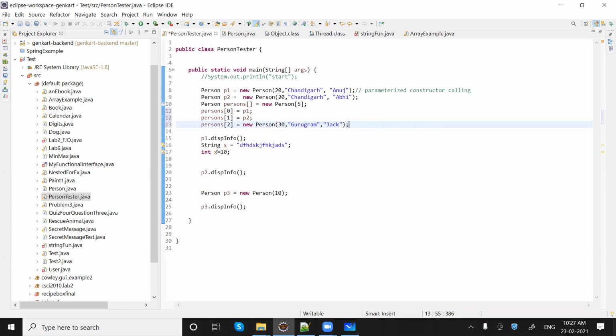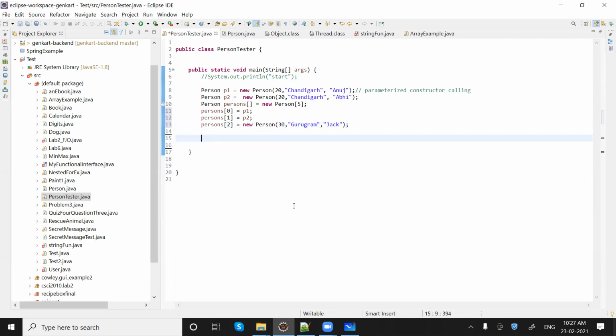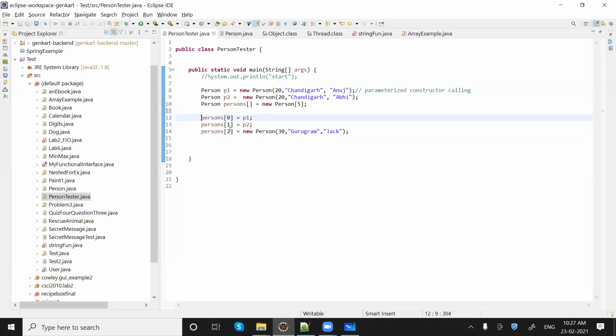Okay, so see, like this we can add elements to our array. Let me know in case you have any doubt.